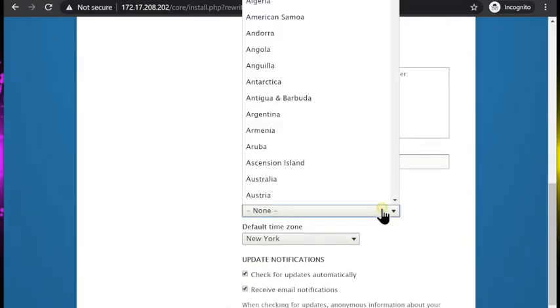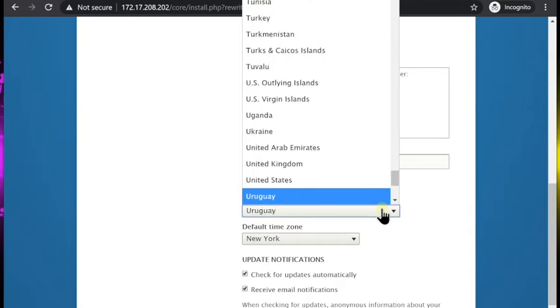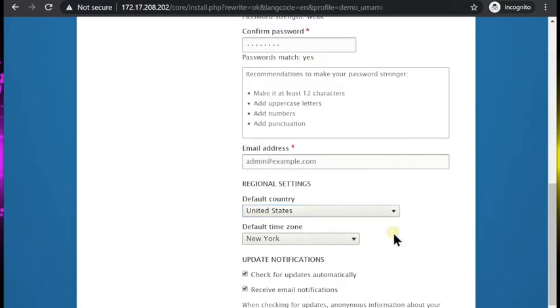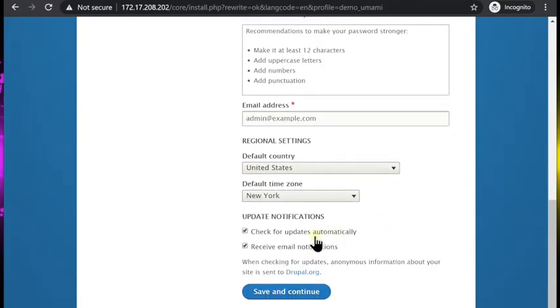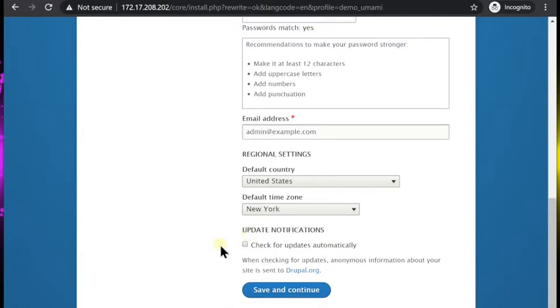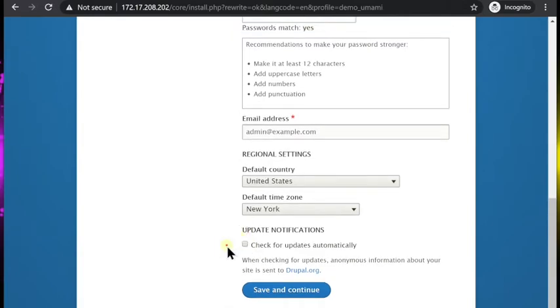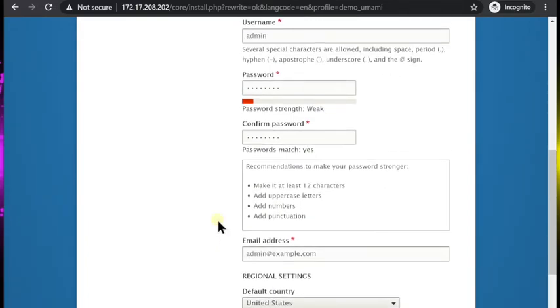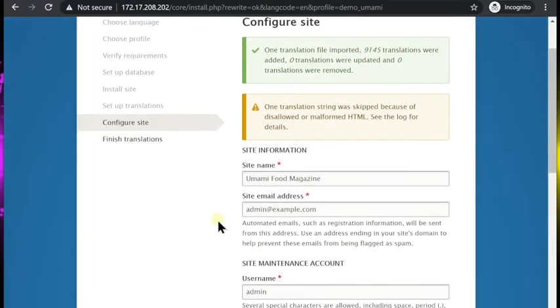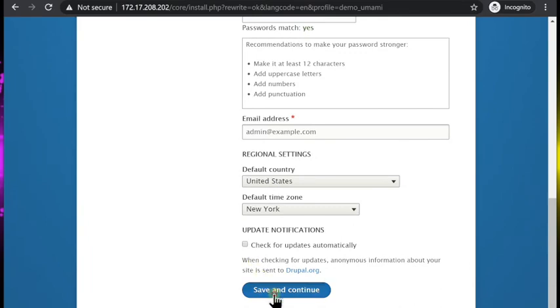We're going to go ahead and set up my locale for language and for time zone. And once that's done, I don't want to check for updates automatically on my development environment, but you might want that or need it. But yeah, so that's pretty much it. Once you scan that, hit save and continue,